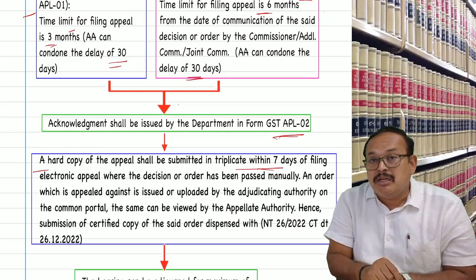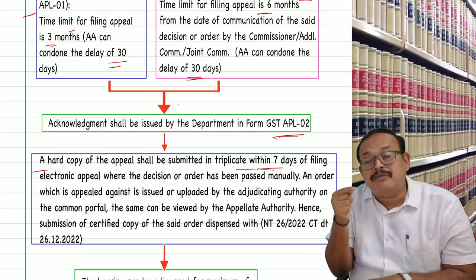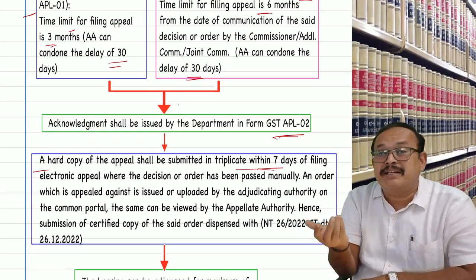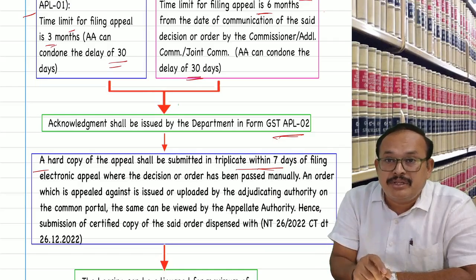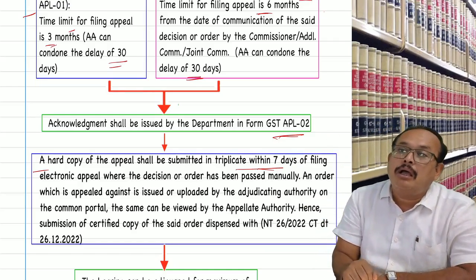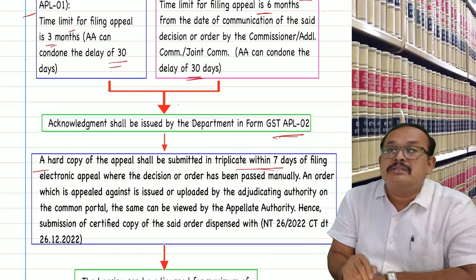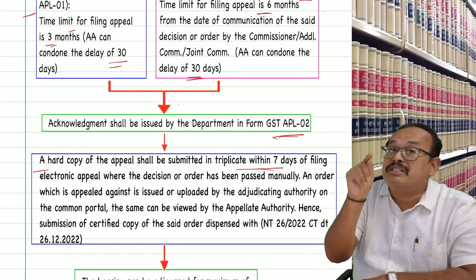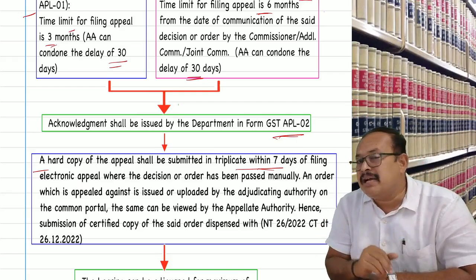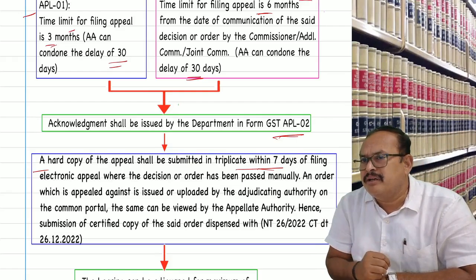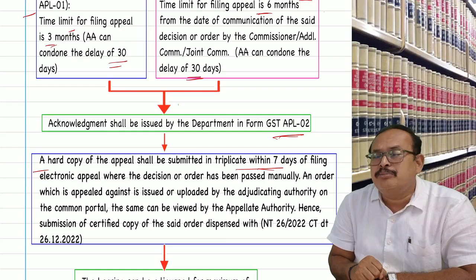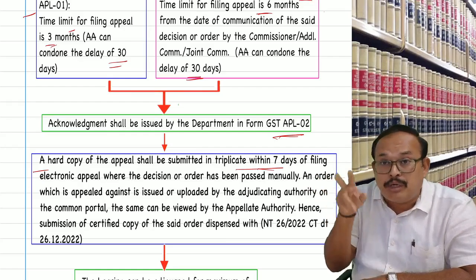But what if, within 7 days from the date of filing the appeal soft copy, the hard copy is not submitted in cases where it is required? Then when do you submit the hard copy? After 75 days, sir. Yes, sir, the date of filing of the actual physical hard copy is the date of filing. By the time the 3 months time period from the date of passing the order expires, the appeal authority may not condone the delay.